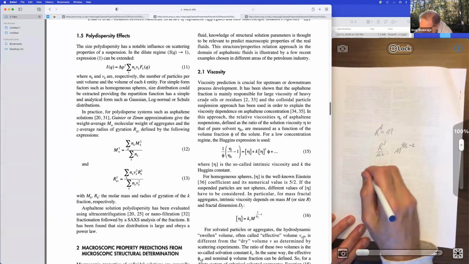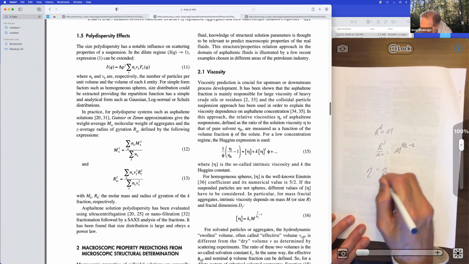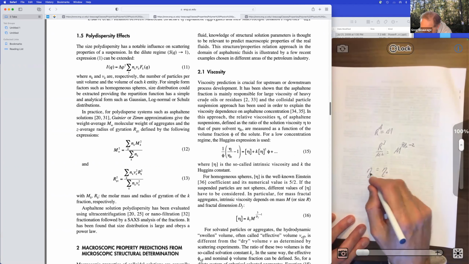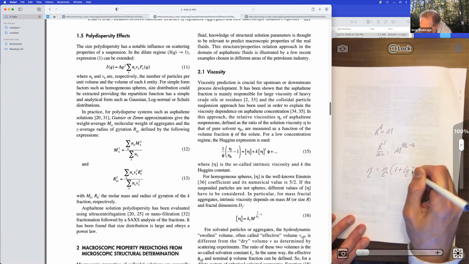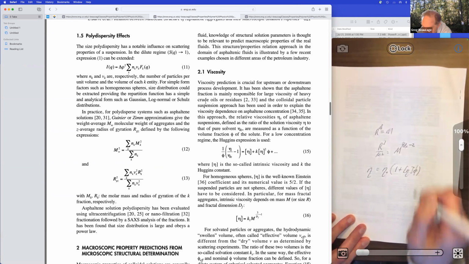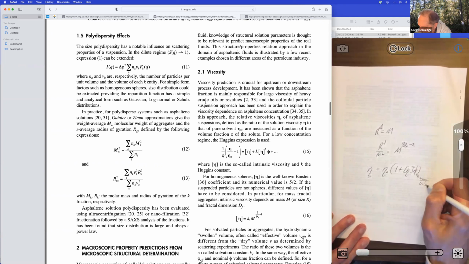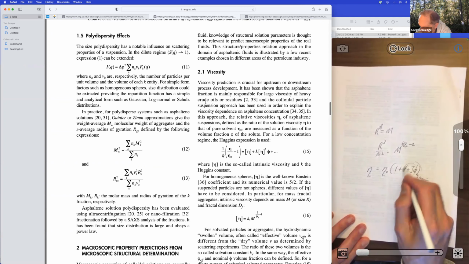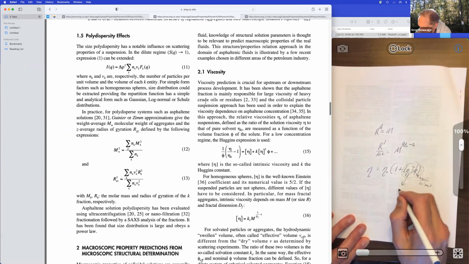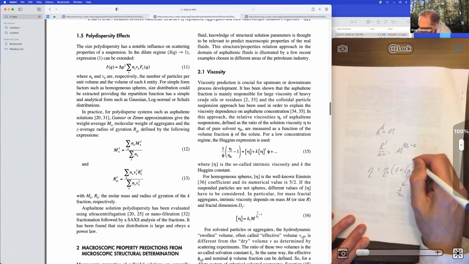So intrinsic, so we have the viscosity of a solution. It's mostly going to be made up of the solvent viscosity because it's a dilute solution. And then it's going to be modified by some constant times the concentration. Right? And this is mass per volume concentration. So the unit of this has to be unitless as a group, so this guy has to have units of 1 over concentration. And that's the intrinsic